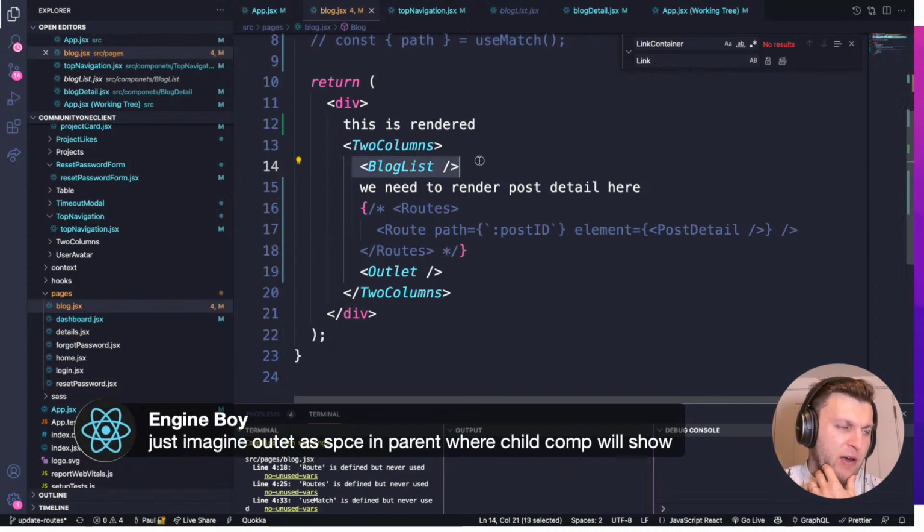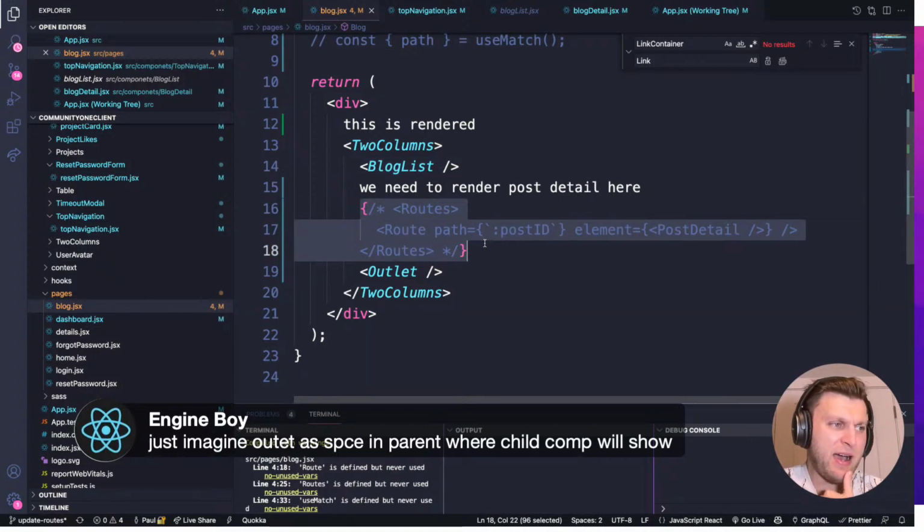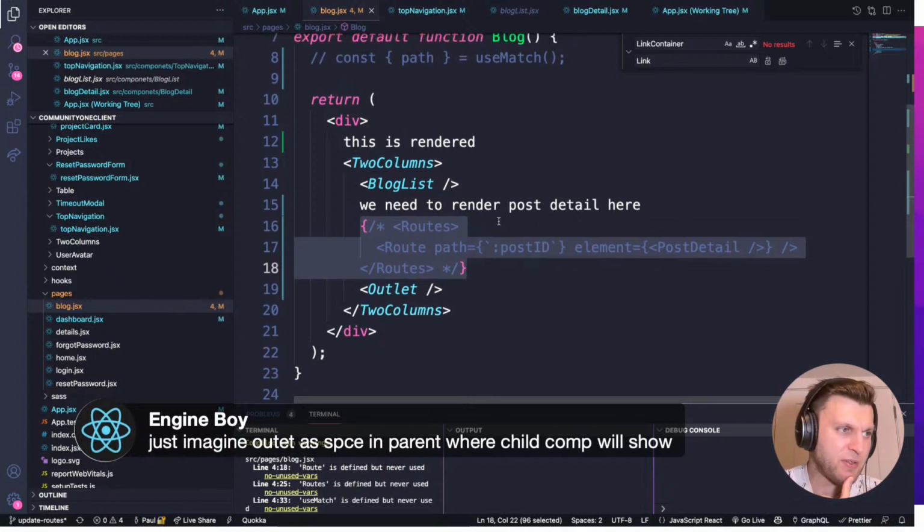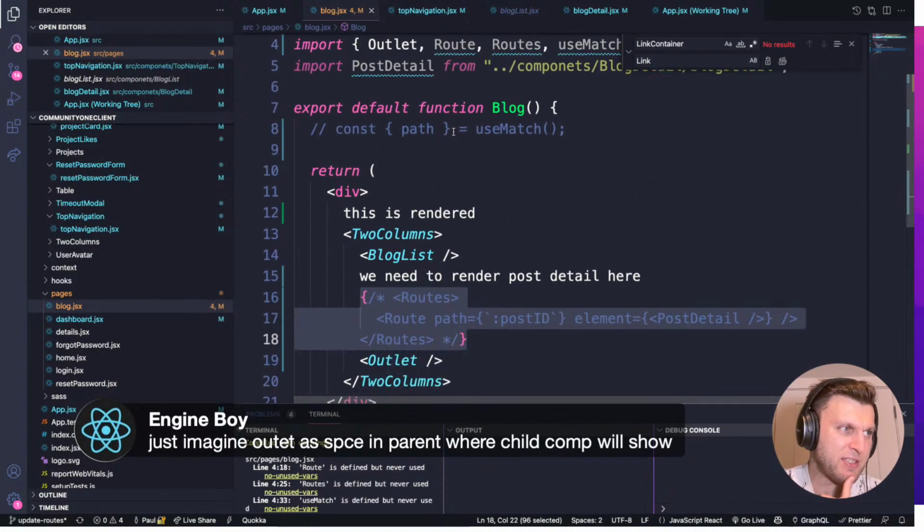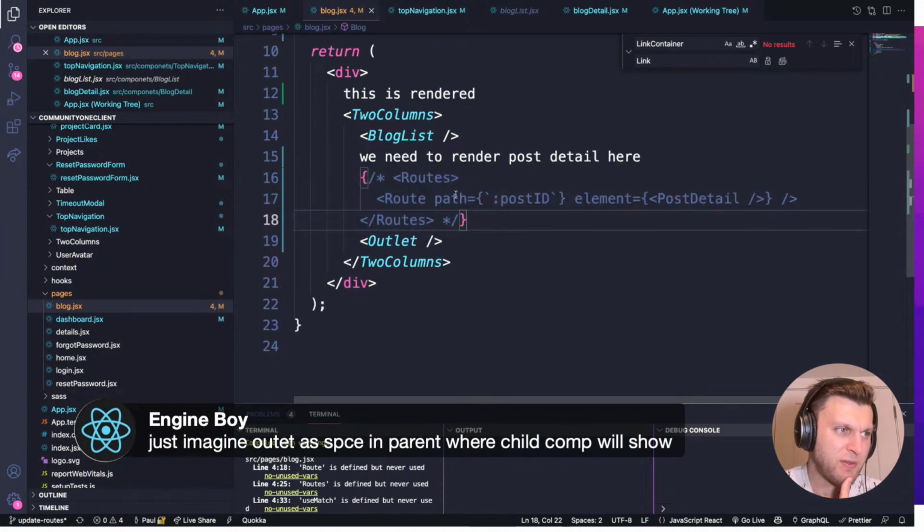So this is where our navigation is, and this is where our content needs to be, but you need your blog to use a link, not route. Blog component. So I'm inside my blog component. So inside this component,